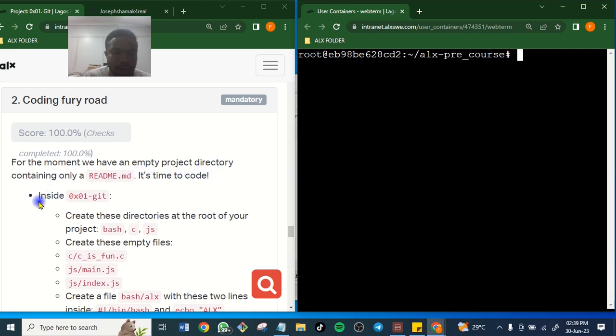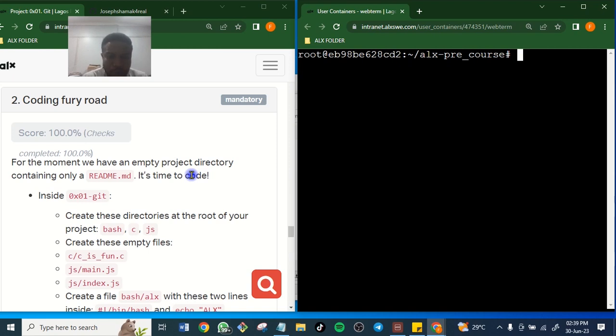We have been told that for the moment we have an empty project. It's just a statement. Don't stress yourself, don't try to start thinking about it. They're just telling you that for this current moment, we have an empty project directory containing only readme.md. What is that thing they are talking about?